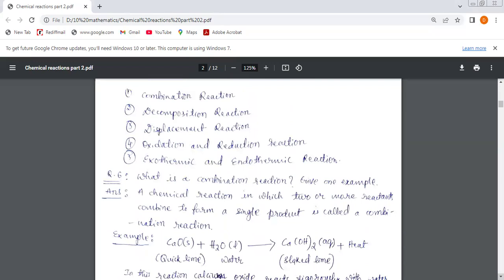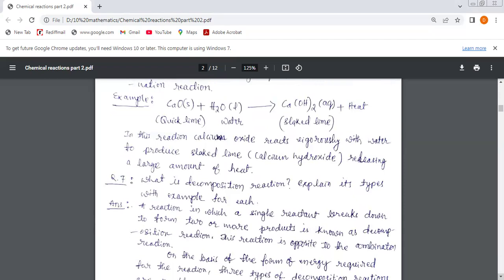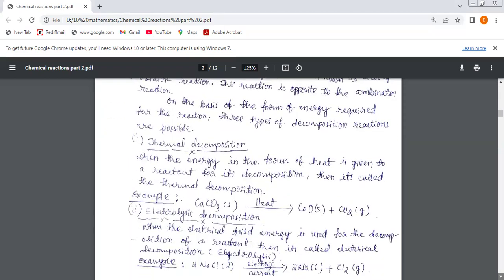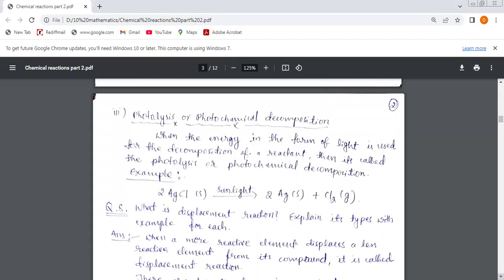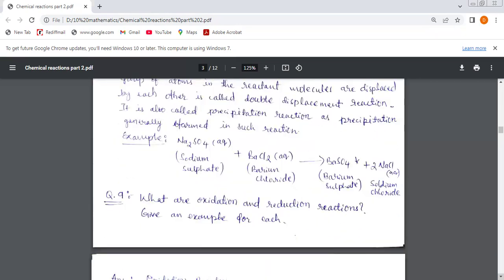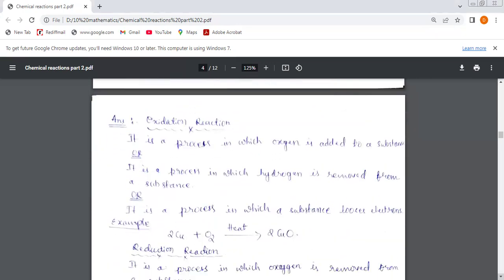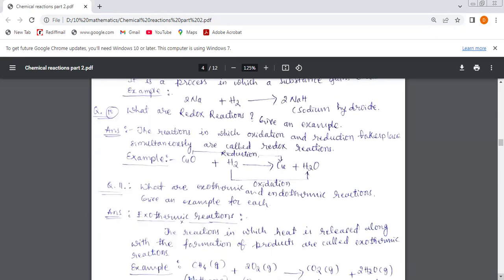What is a combination reaction? Give an example. What is a decomposition reaction? Explain its types with an example for each. And what is a displacement reaction? Explain its types with an example for each. So what are oxidation and reduction reactions? Give an example for each is also done. Up to this we have done